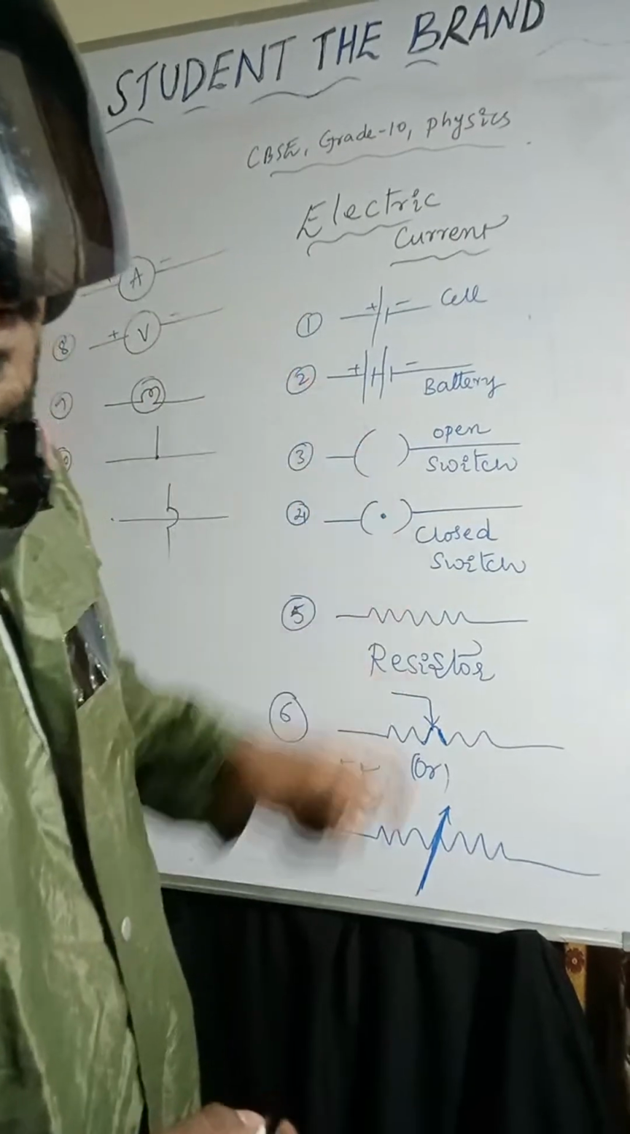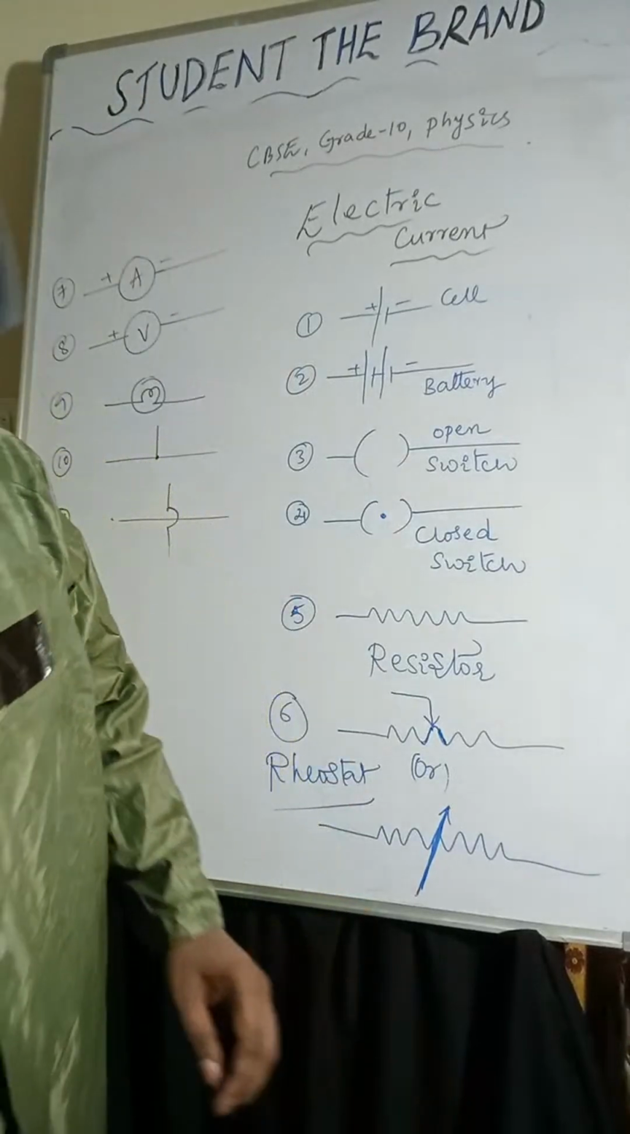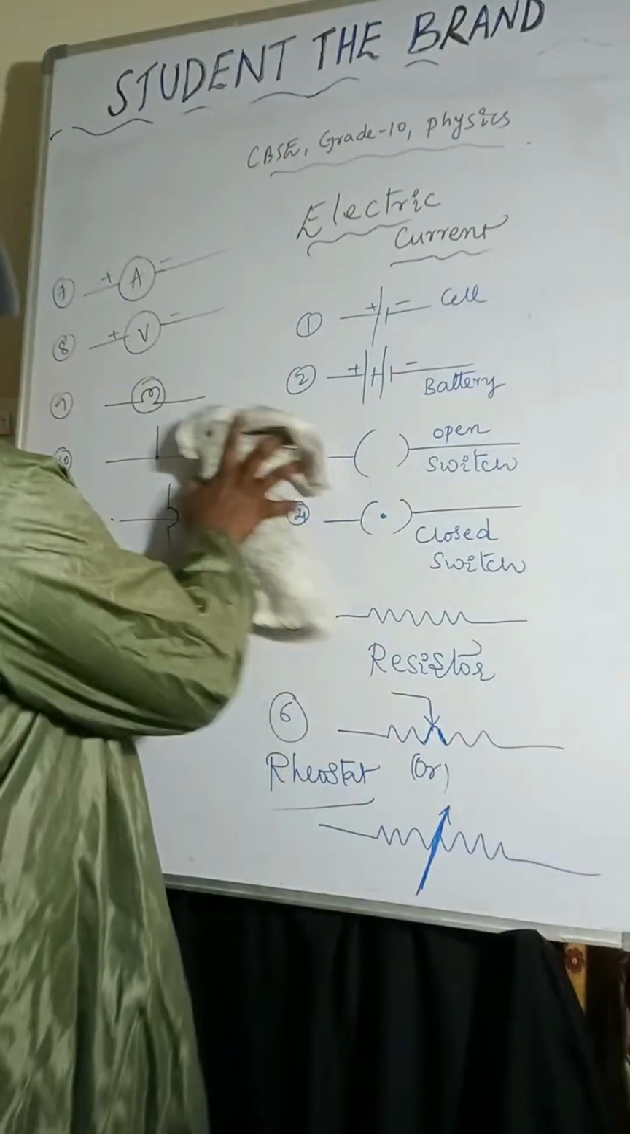Now we will discuss the electrical circuit. A continuous and closed path of